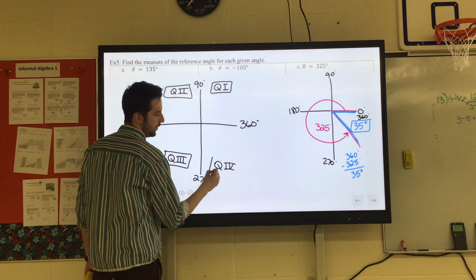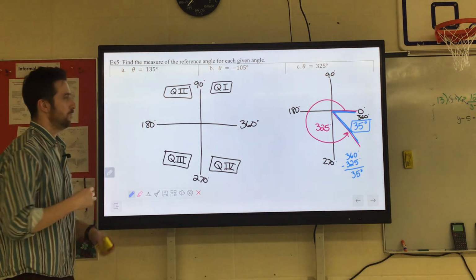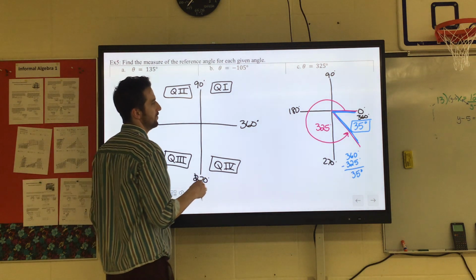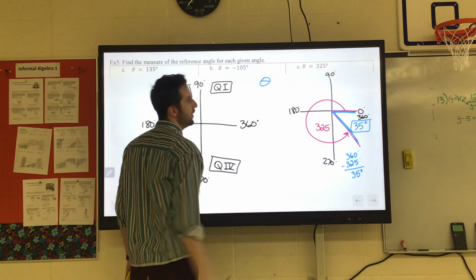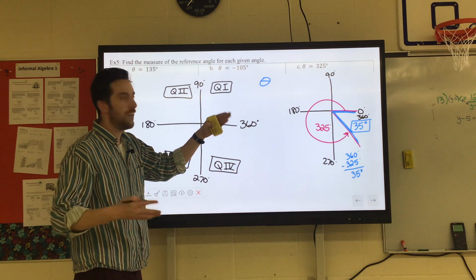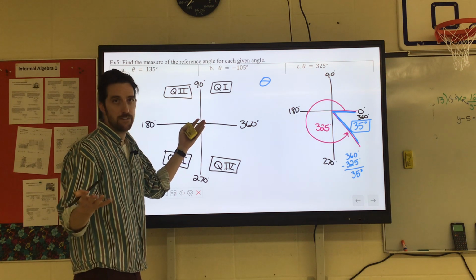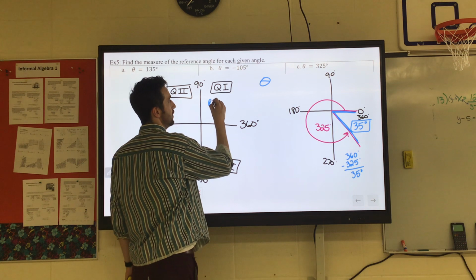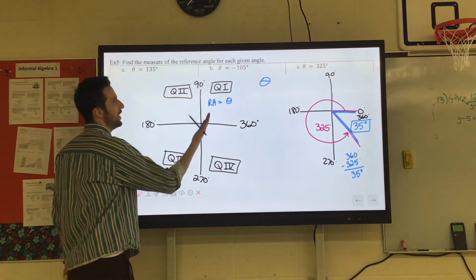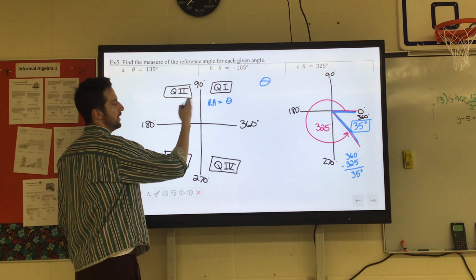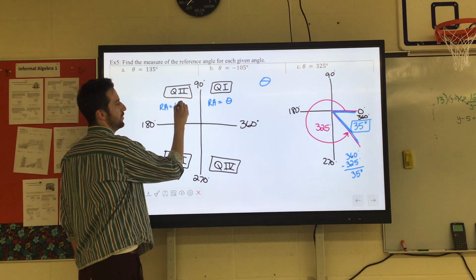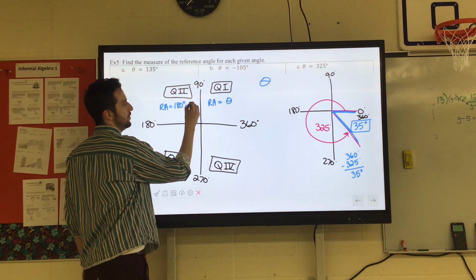So I'm going to give you some quick equations where when your angle ends in that quadrant, it'll tell you the reference angle. The nice thing is, let's call our angle theta. If your angle terminates in quadrant 1, your angle is your reference angle. So the reference angle here is just theta. Cool. If it ends in quadrant 2, it's going to be between 90 and 180. So the way you find the reference angle in quadrant 2 is you just do 180 degrees minus your angle,